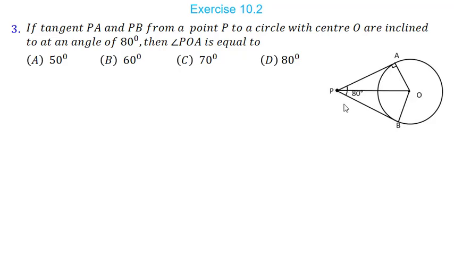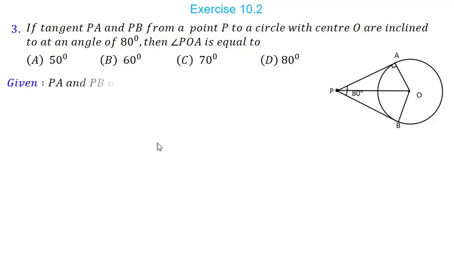Now in last lecture in theorem we have already proved that these two triangles APO and BPO are congruent. So by that we get angle APO is congruent to angle BPO and each angle will be 40 degree. So once I know the angle APO, I can easily find angle POA. Now here this angle is 40 degree, this is 90 degree. So out of 180 we remove 90, remaining is 90. So sum of this angle and this angle will be 90. This is 40, so this angle AOP will be 50 degree. So easily I can say that angle POA is 50 degree.